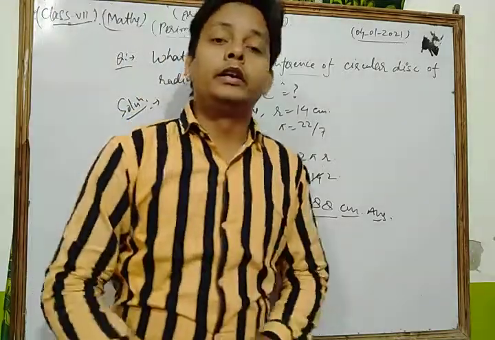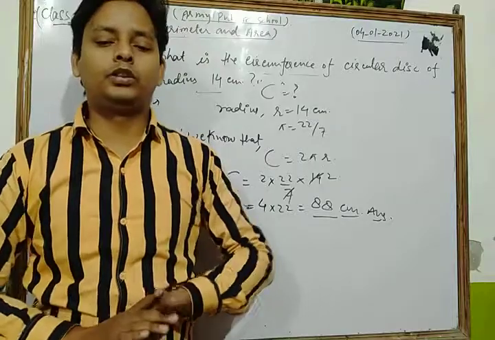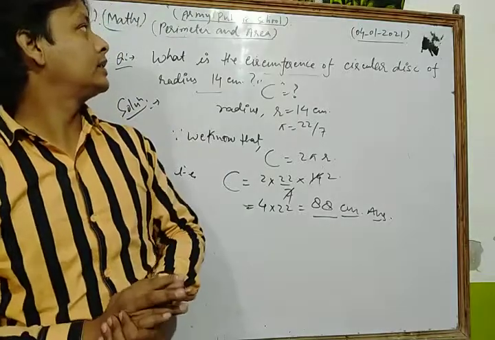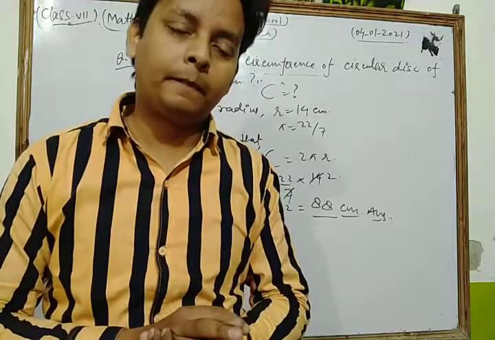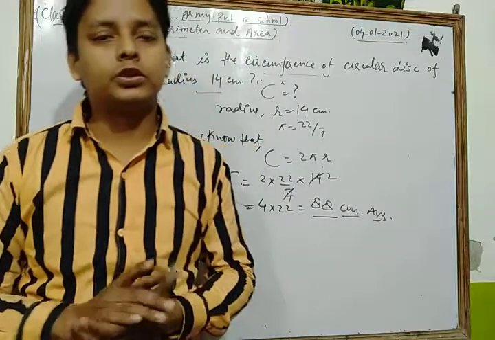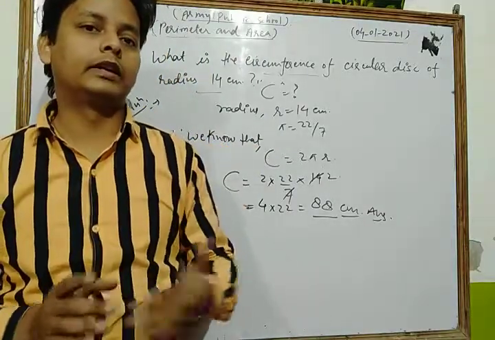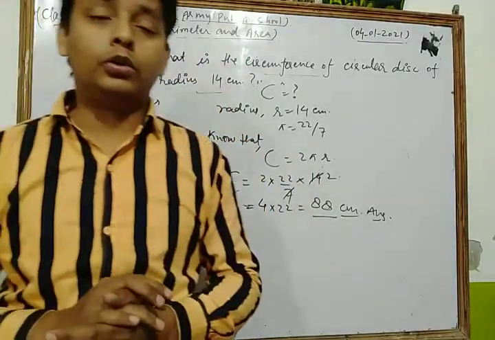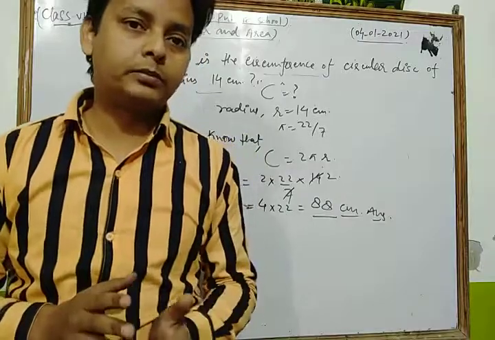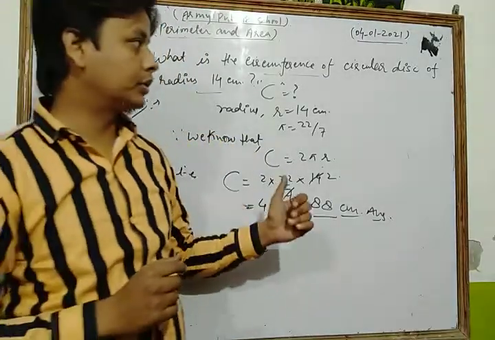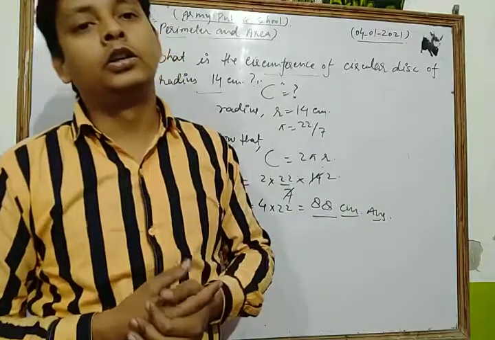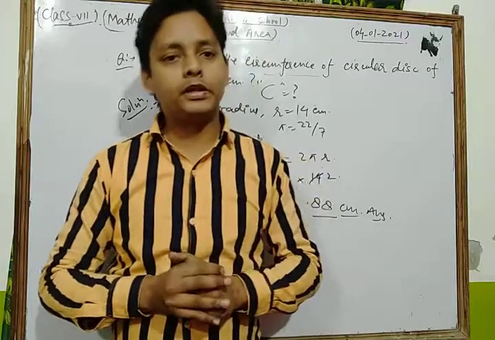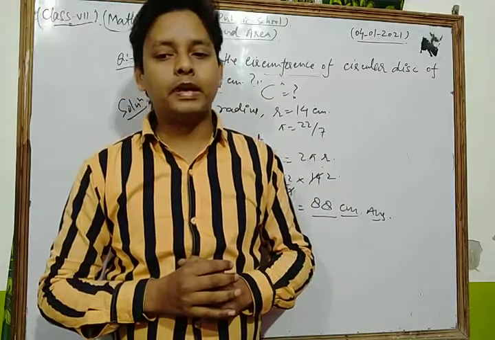Thus, dear friends, in today's class, we revised a very important chapter of your NCERT exercise, which is perimeter and area, and we solved some important questions. We discussed all the important topics like rectangle, square, circle. First of all, learn and revise all the important formulas related to that chapter, and solve all the questions which we discussed in this class. After that, you can solve each and every question of your NCERT exercise based on perimeter and area.